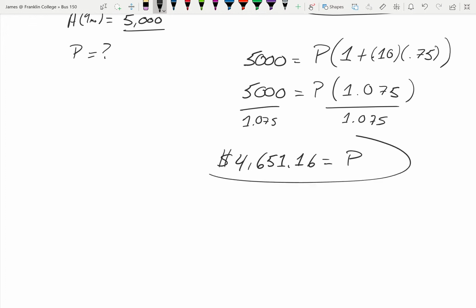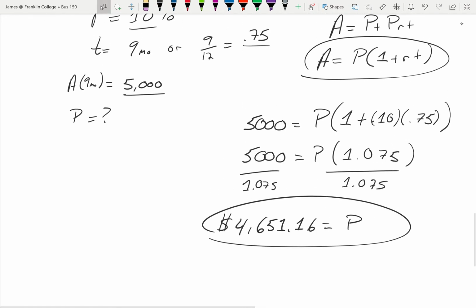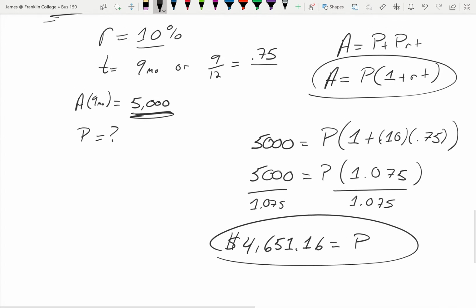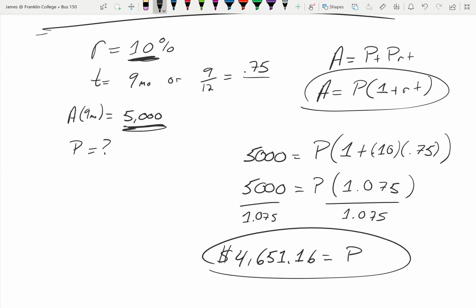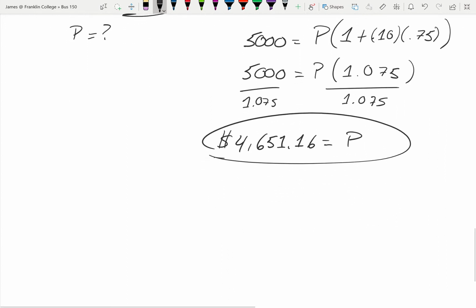So how much money are we going to invest today in order to make sure that we have $5,000 at the end of the time period, given that our account accrues interest at a 10% annual rate, and we're going to invest for a 9 month period of time? Well, we're going to want our original investment to be